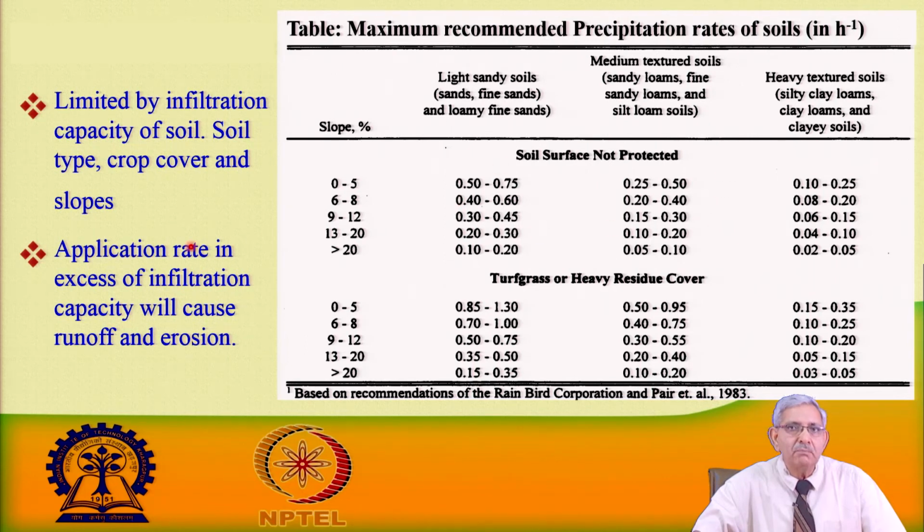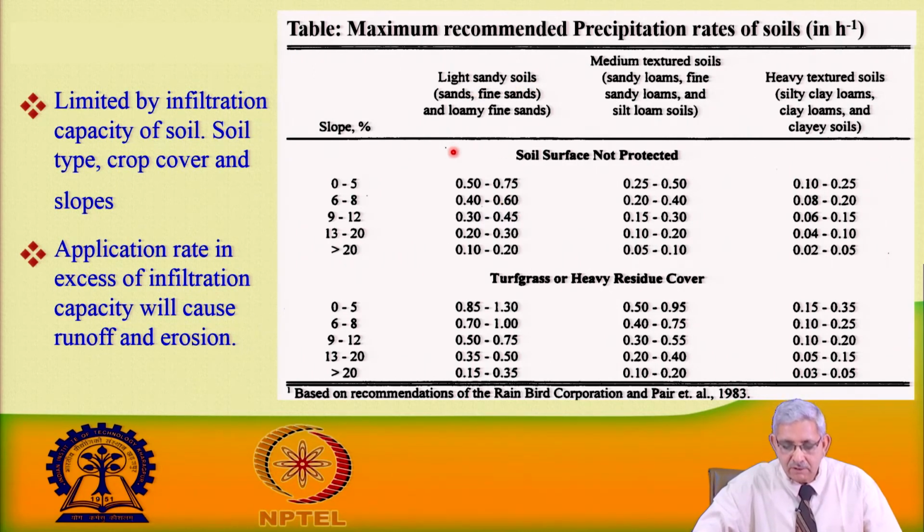These values are based on the infiltration capacity of the soil. Based on that it has been decided. If you can see here, the units are in inch per hour, and these are the prevailing land slopes. If the soil surface is not protected, that is bare land, and it is a light sandy soil,